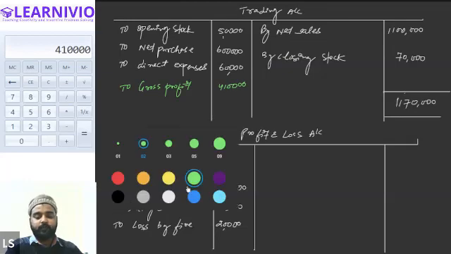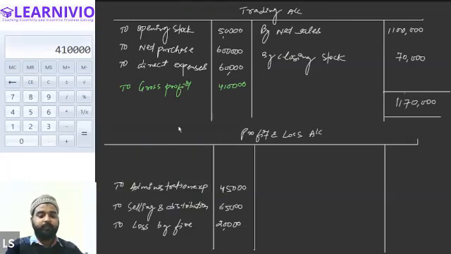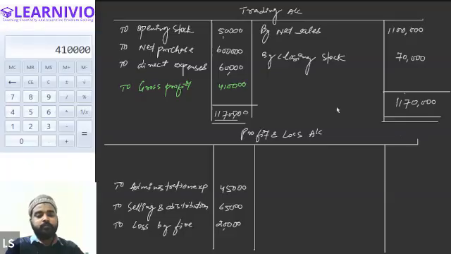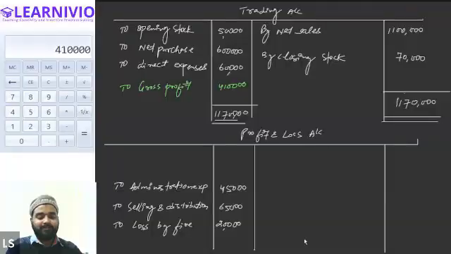Is this clear, everyone? Alexander, Hamad, Halima, Peer. Yes, sir. So 11 lakh 70,000 will tally this account. Okay, this account will be closed. Now, sir, the gross profit should be 4,60,000, right? 4 lakh 60,000. I'm getting 4 lakh 10,000 only.